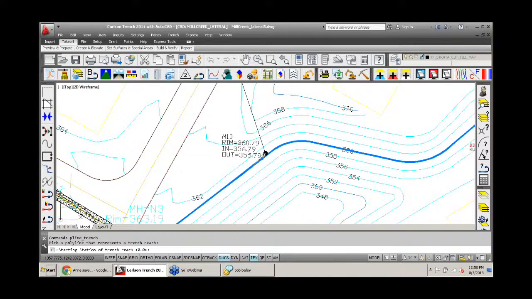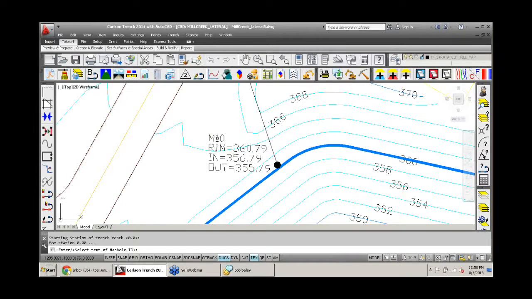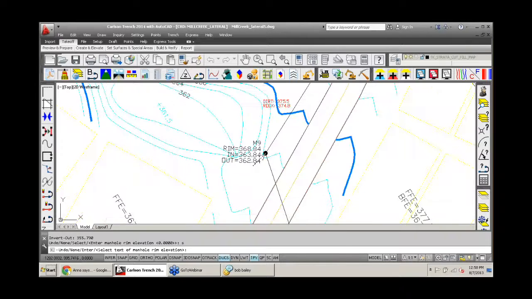Okay, and then I pick on this line, and starting station 0. Now it's jumping to what's the manhole ID here. So I can either enter in this text, or if it's text value, I can just pick it on the screen. Okay, I can see it's read that value M10. Now it prompts me for the invert in and the invert out, and then the rim elevation, which I'm going to do S for select, and I'm going to pick on that rim elevation. Okay, it jumps to the next structure,